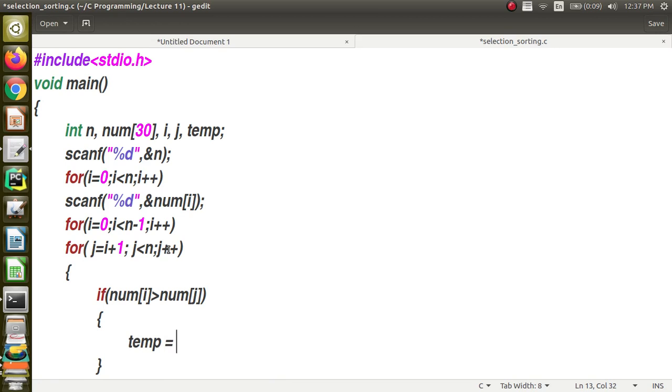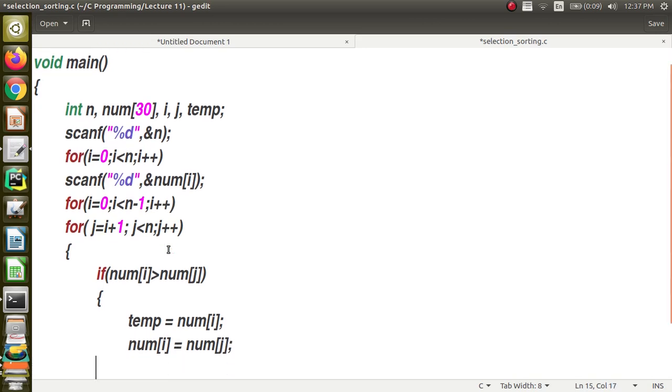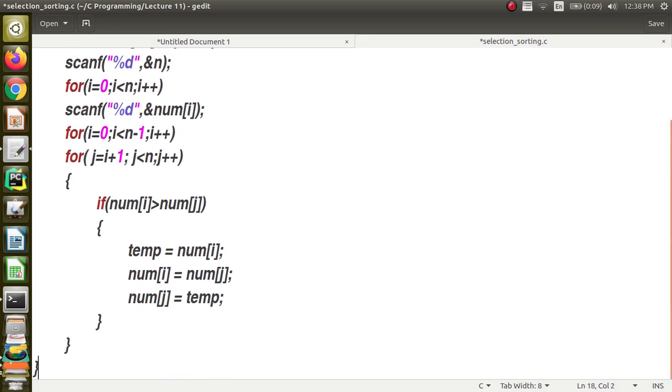As I explained in the previous problem, you are going to use a temporary variable and store the element in i there, like keeping it on a table, and then you keep whichever is in the left hand, right hand, as I was describing. So you are going to compare the elements at index i and j.